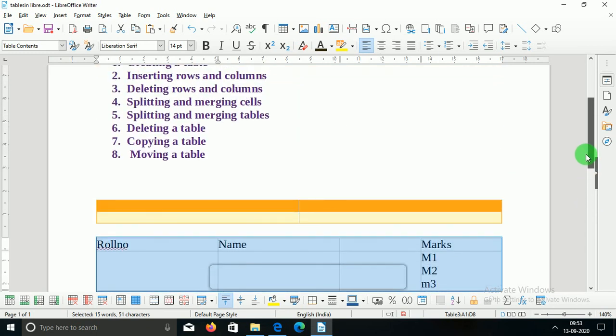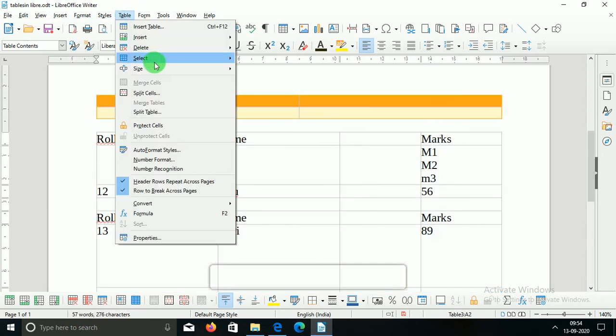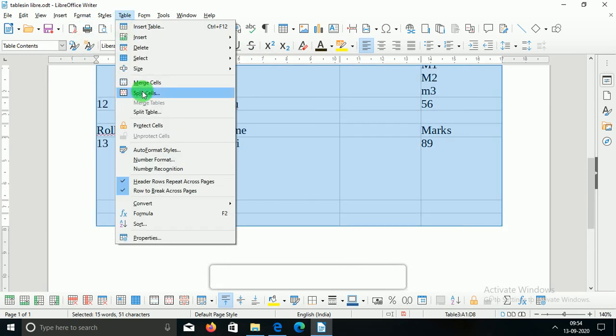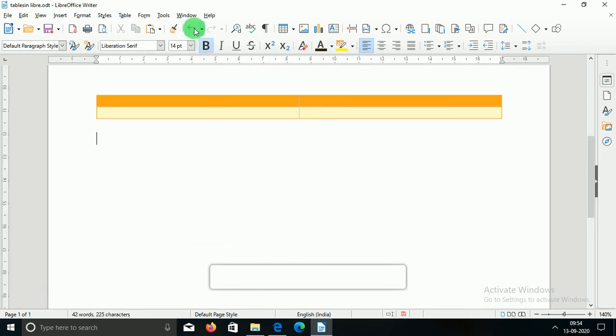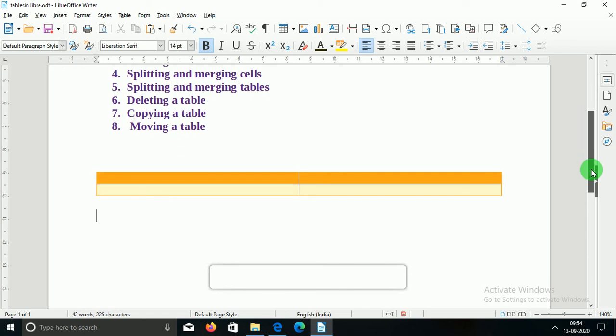Then how can you delete a table? To delete a table, just select the whole table, okay, go to Select and Table, and then you can just Delete and Table. The table is now deleted, ठीक है, okay. Then the next topic is how you can copy and move a table.